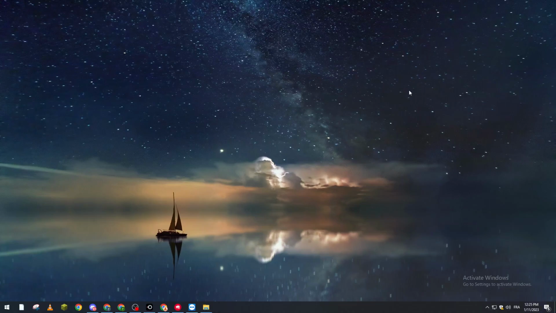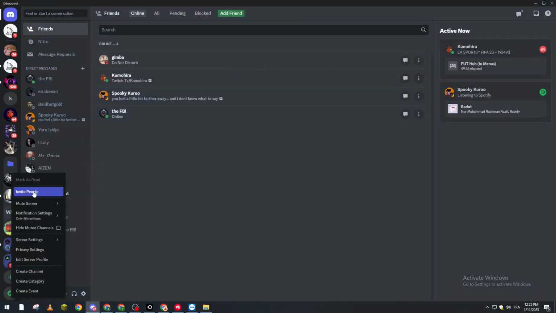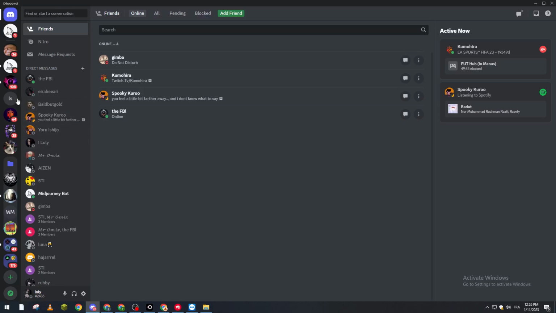In today's tutorial, I will show you how you can join a Discord server without the invitation link. The invitation link is basically something like that, if I do remember. So, for example, let's do this and invite people. And in order to join any server, you have to get this invitation link, which is pretty simple to get. But if you wanted to join some random server and you don't have